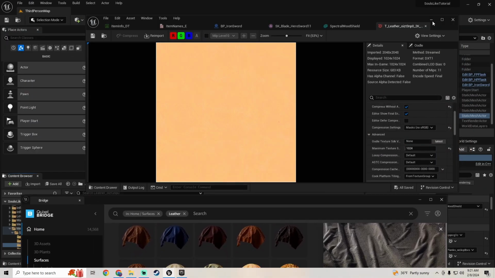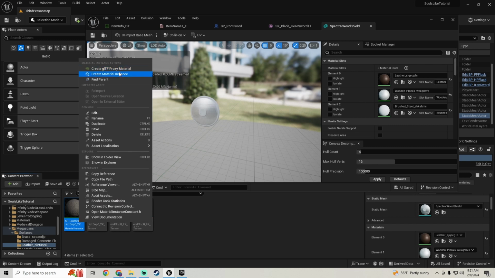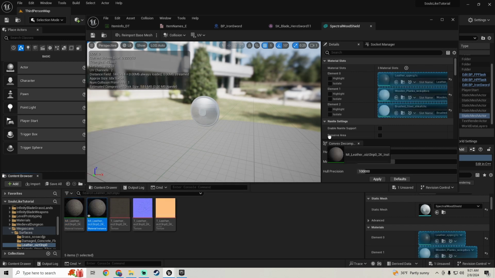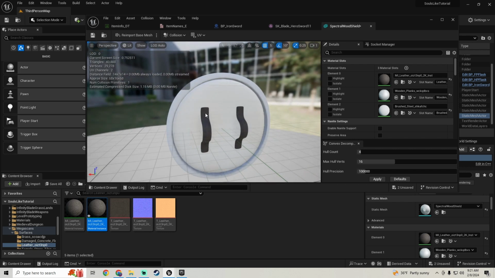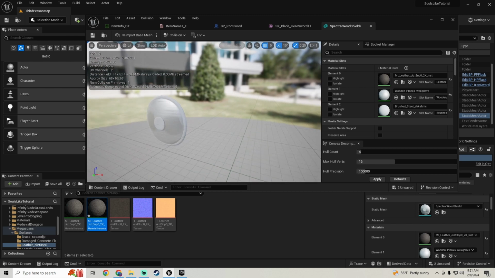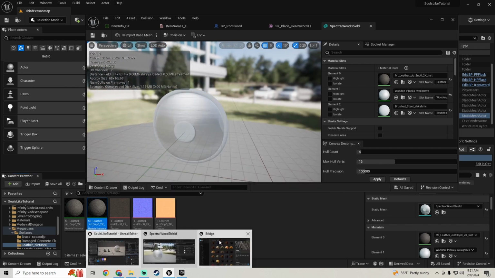And close that guy out. Now I'm just gonna create a material instance of this, set leather to be that. So that's just controlling this thing where your hands go, right there. So now we need, let's do a save all right there. We need another material,